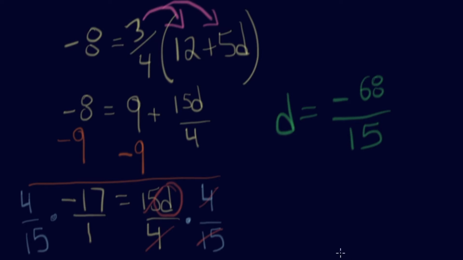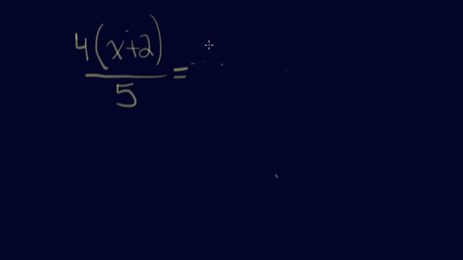There you go. So let's take a look at another question involving a fraction. Let's start off with 4 bracket x plus 2, and let's put it all over 5. And let's have it equal to 2 bracket x plus 1